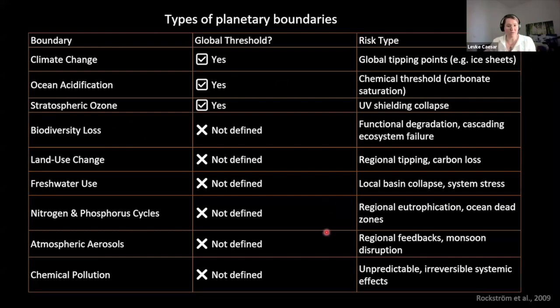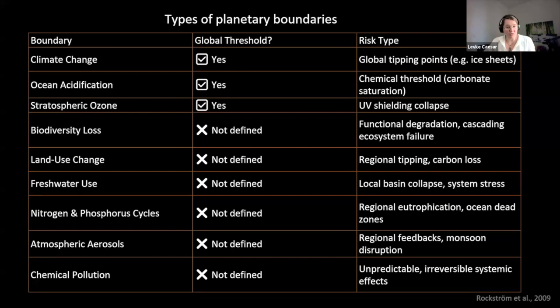So for example, with climate change, we know that due to all the different tipping points that have been determined in the climate system, whether it's permafrost, ice albedo loss, and so on, when we cross a certain CO2 level or temperature, this can lead to abrupt and potentially irreversible Earth system shifts. It's similar in the ocean: ocean acidification has a chemical tipping point, basically, beyond which marine ecosystems, especially calcifiers like corals and plankton, start to collapse.